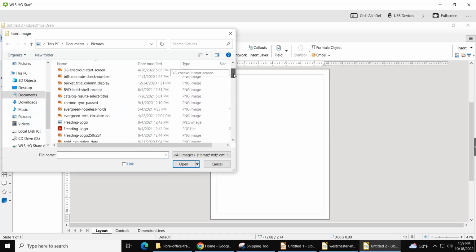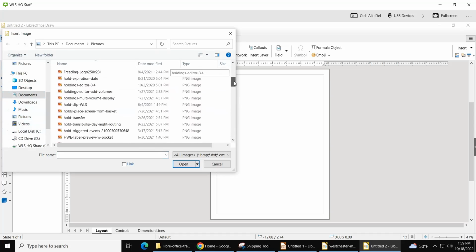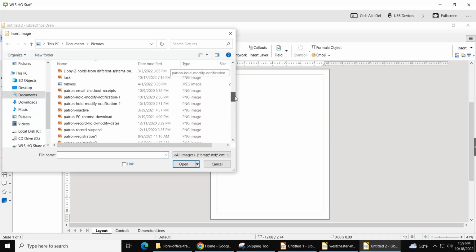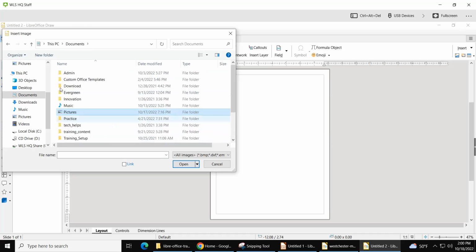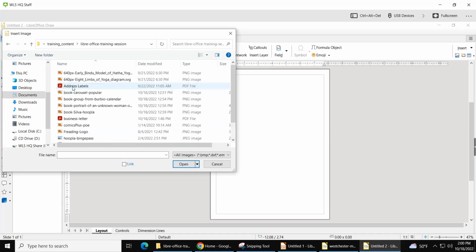I lost track of my files. Let me see if I put them in that other file. Yeah, I sure did. So if I wanted to do a flyer or a poster for a book group,